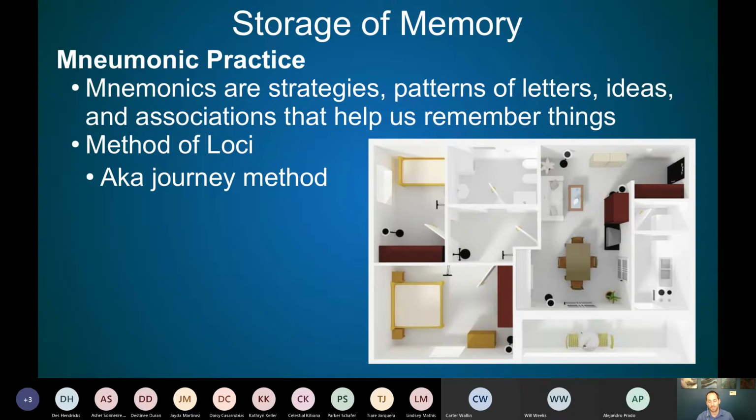There are children's songs that are mnemonics. I can't remember the one. 1, 2, buckle my shoe. So that one, 1, 2, buckle my shoe, 3, 4, shut the door. That's literally a type of mnemonic to try and help a child remember the things that they have to do in a day or in a task. So that's another example of a mnemonic.